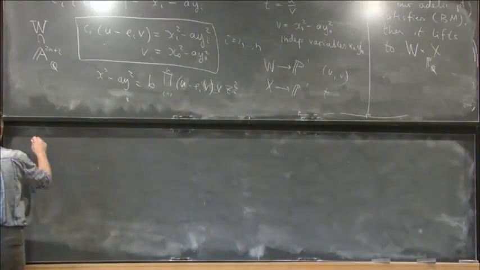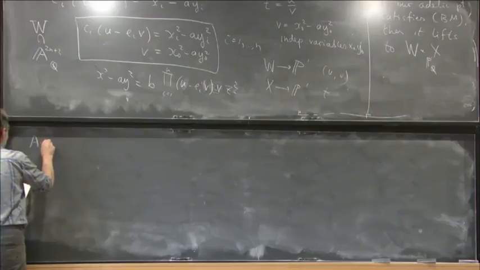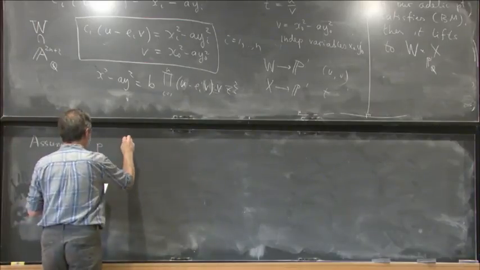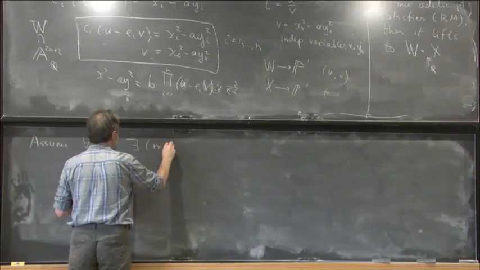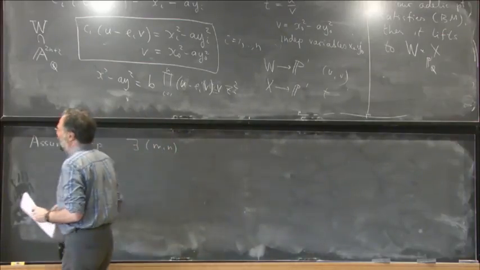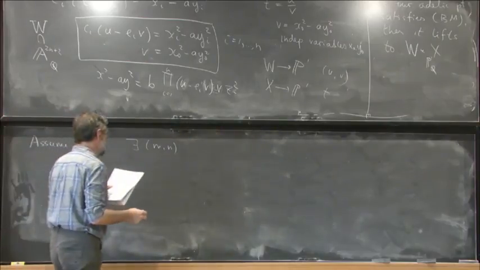So we have a periodic assumption. Let's assume that for any prime p, there exists a pair of integers such that p does not divide